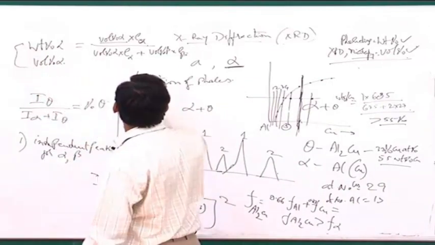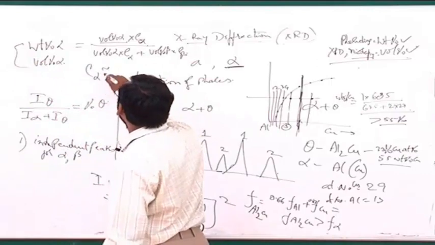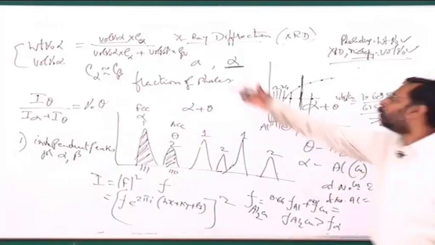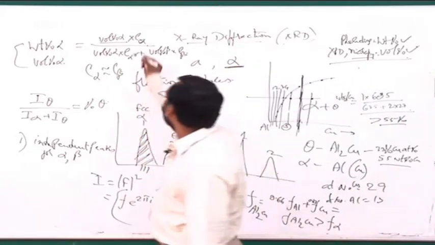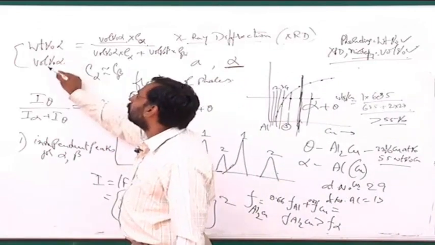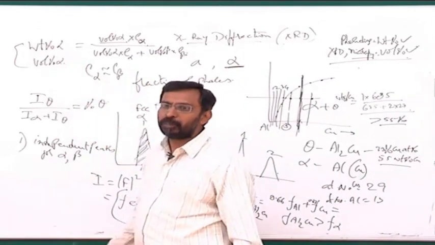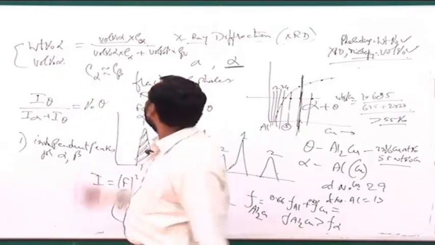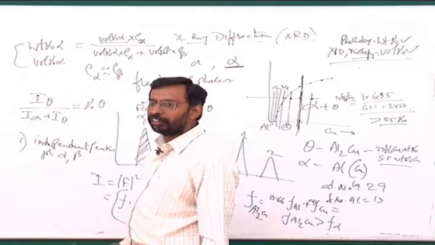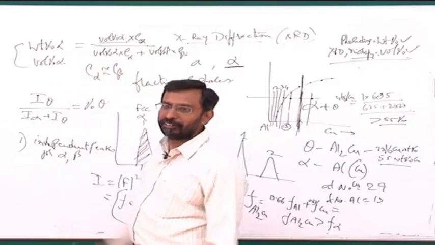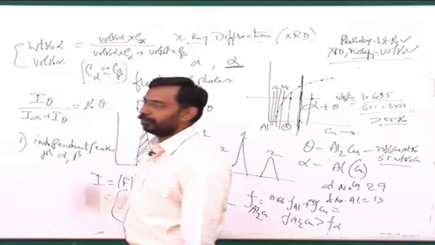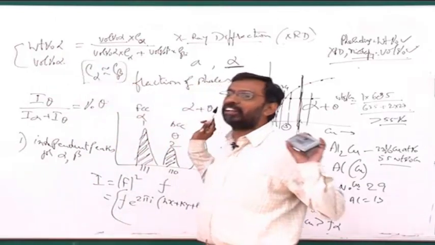When do we do that? When the density of alpha is close to the density of beta. If both of them have similar density, then I don't need to do all this calculation. Because if you assume that this is equal to this, then you can simply take weight percent equal to volume percent. You don't need to bother. Okay? If it is equal to this, you can take out this, and that goes off. So there is no need of doing all this. So weight percent is equal to volume percent provided these two are equal. Only under that special condition, otherwise not.